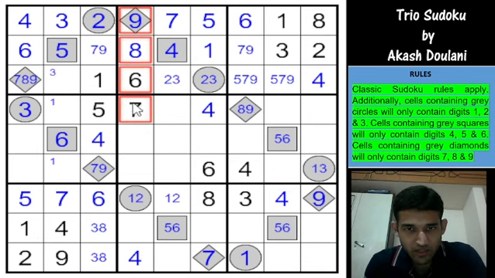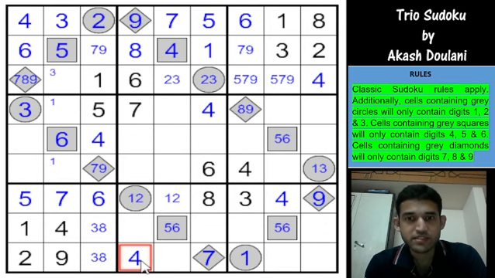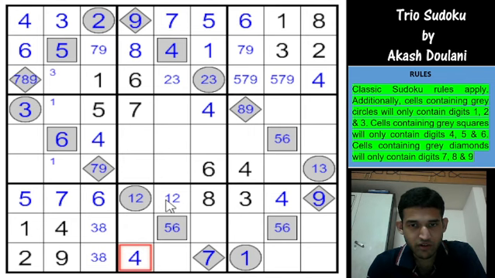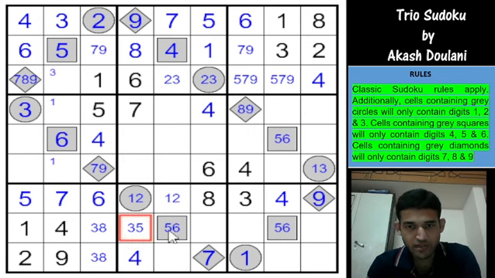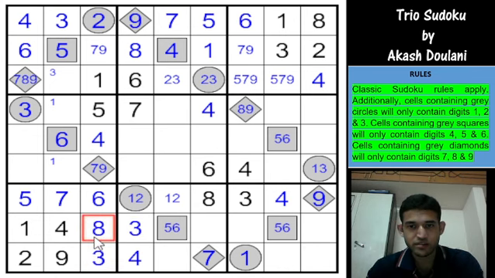So let me look at this column. 6 7 8 9 and 4. So the remaining digits are 1 2 3 and 5, right? And I have a 1 2 pair here, which means this would have to be 3 and 5. A 5 6 pair in row 8 immediately eliminates the 5 from here. That's a 3, which means this is 3, that would be 8.